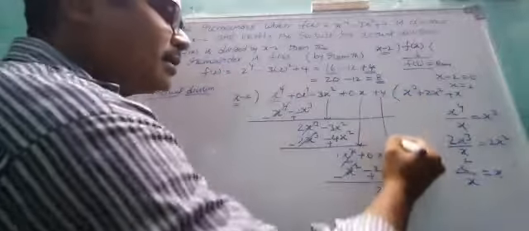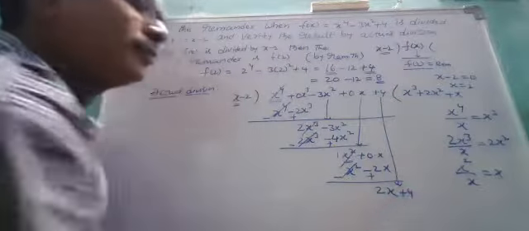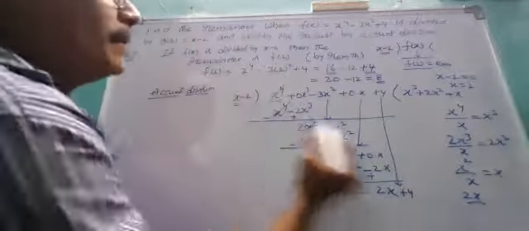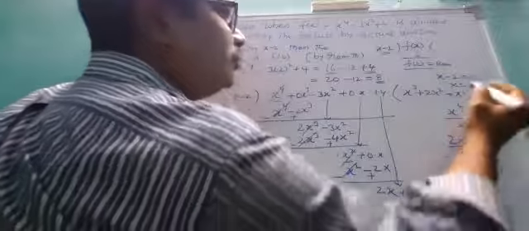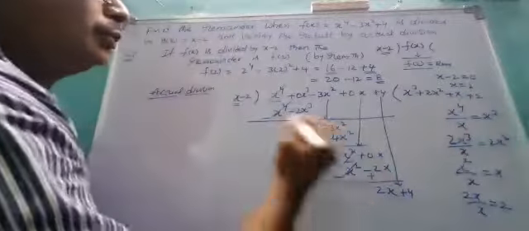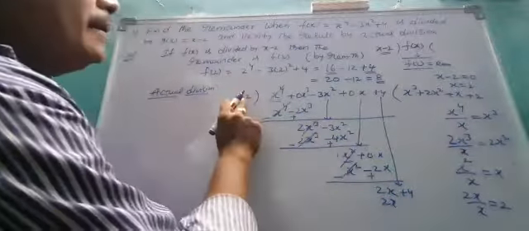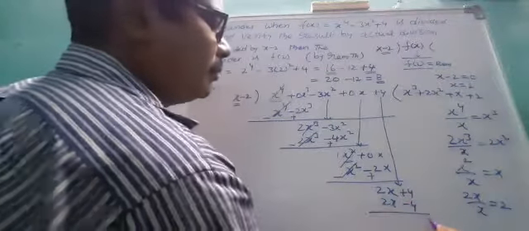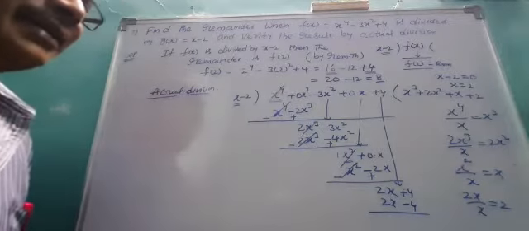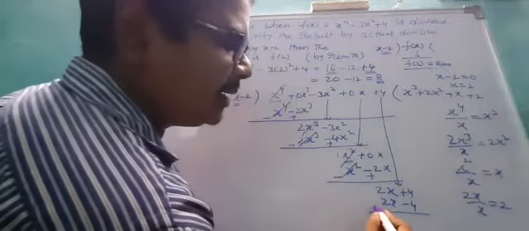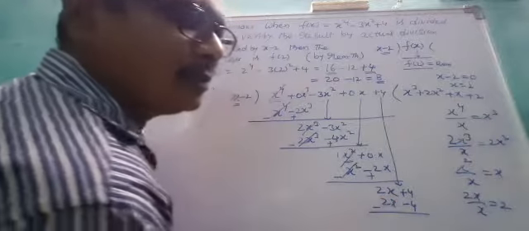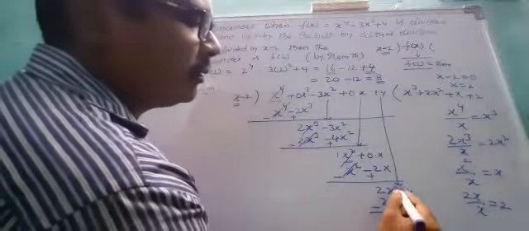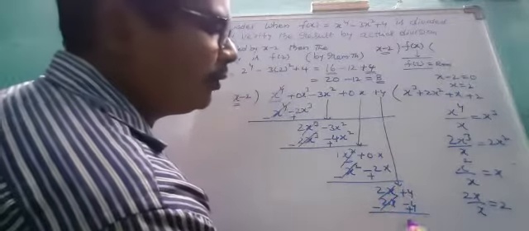Okay, now you bring down the next term. What is that? Plus 4. As you continue the process, first term 2x by x equal to 2. So 2 into x is 2x, minus 2 into plus 2 equal to minus 4. Which operation can you apply here? Subtraction. That means you change the second expression signs. 2x becomes minus 2x, and minus 4 becomes plus 4. 2 minus 2, 0. 4 plus 4, 8.